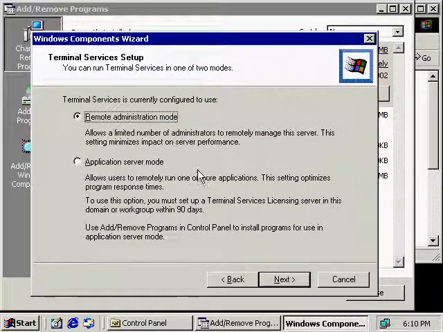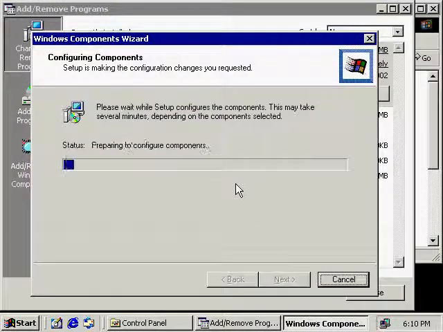And this screen here, you probably will not have pop up unless you're running Terminal Services on your system as well. No big deal. It's just confirming how I have my Terminal Services set up. It is in remote administration mode, which allows me to connect over to the servers from my Windows 2000 Pro machine. So I click Next here, and now it's going to copy some of the files from the CD over